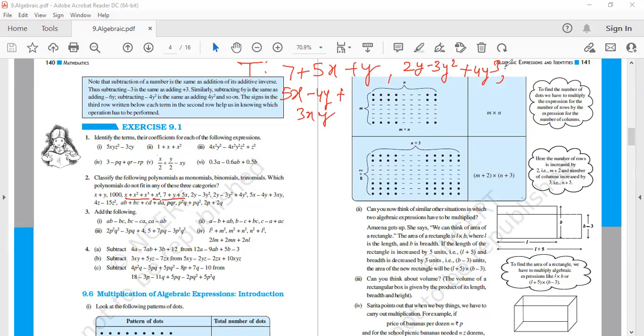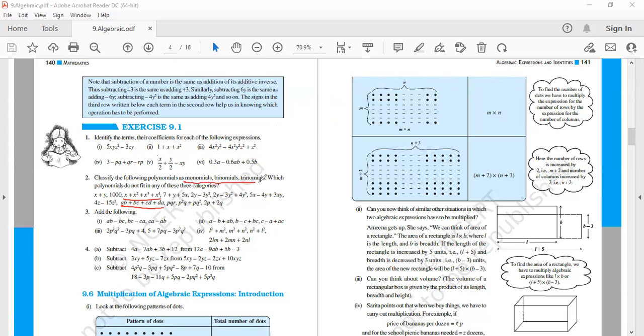This is the third one, third polynomial, third algebraic expression, you can say, third binomial, you can say, and none other than this is a trinomial. Now, not fitted in these three categories, that will be means having more than three terms. This is one of the polynomials having four terms, and this is one of the polynomials having four terms. So these are the polynomials which are not fitted in any of the three categories.